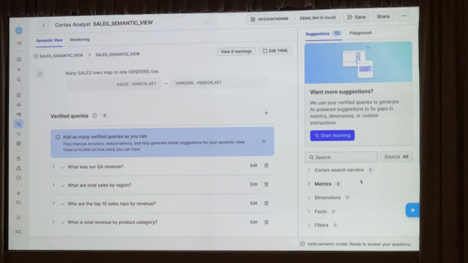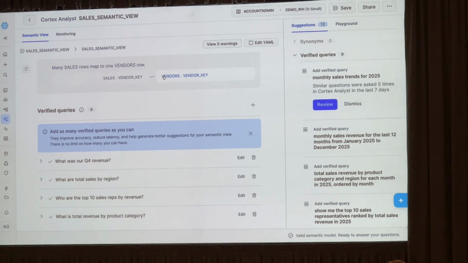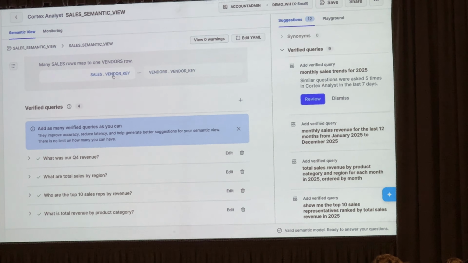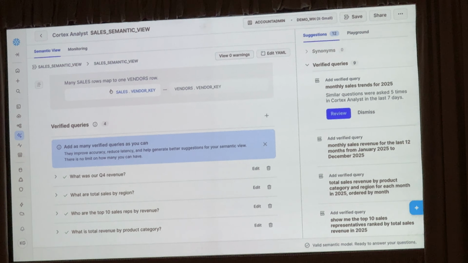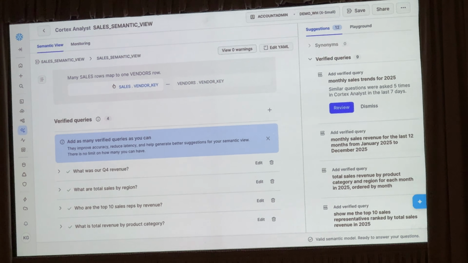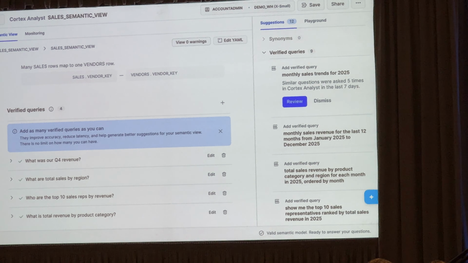So it's a pretty simple process to review the query, validate the semantic query and its results, and then decide whether or not you're going to validate that, or if there are modifications that need to be made. So it's all, again, available through the UI. It can also be done via code, but this is really opening up who is able to interact with the agents and the analysts and the semantic views in order to get you these results.